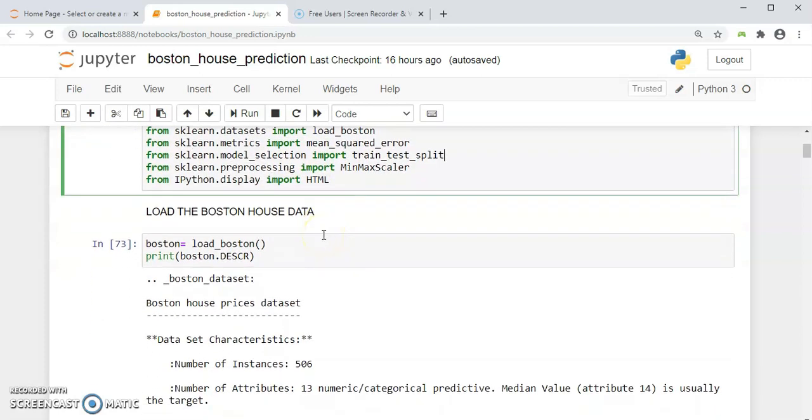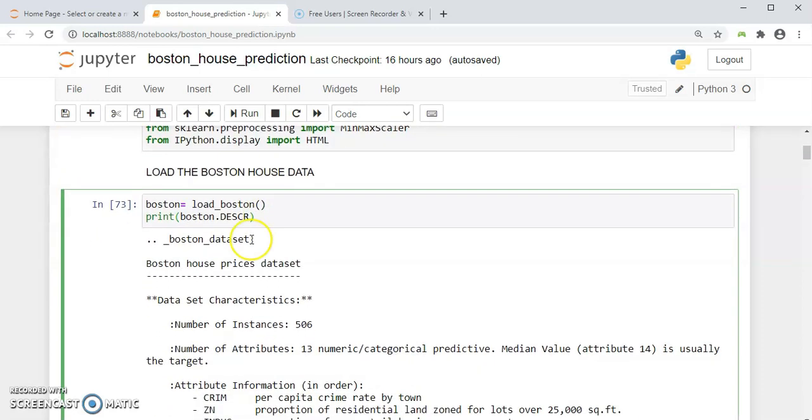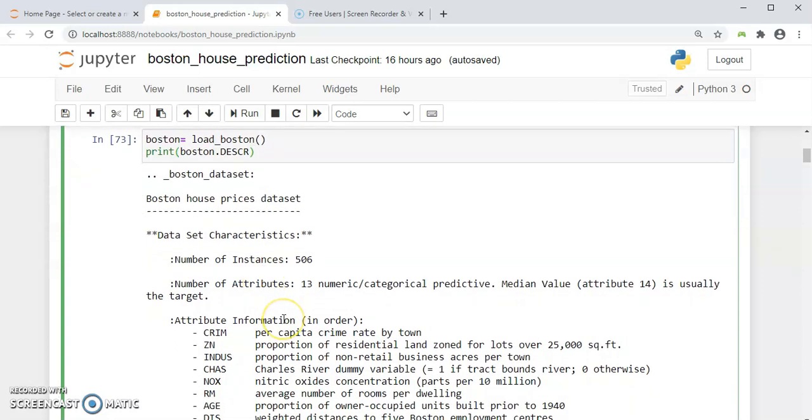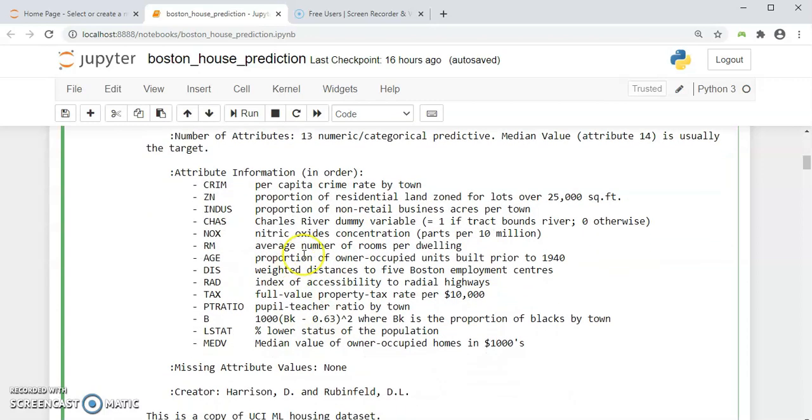As the data is available in the importing function, we don't have to download it, we can directly load it using the load statement. In the next statement, I am going to have a described version of my data for which I am using the DESCR function. When I run it, you can see I got the described version of my data, which says that it has number of instances 506 and 13 columns, and each column is completely defined here.